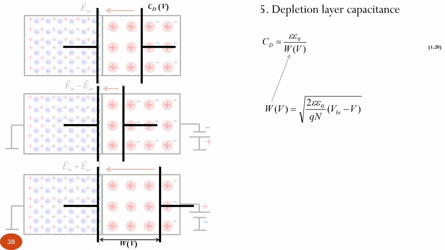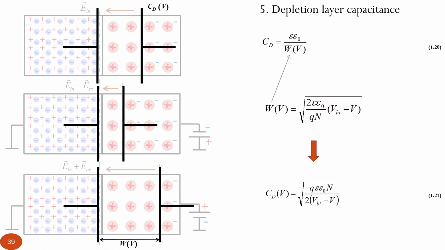We know how external bias changes the thickness of the depletion region, so we know this function. If we have forward bias, then we consider this V as positive, so that's why we subtract it from VBI. If we apply reverse bias, this V we consider as negative, and that's why we add this V to the VBI. So now when we substitute W as a function of V, we can get the